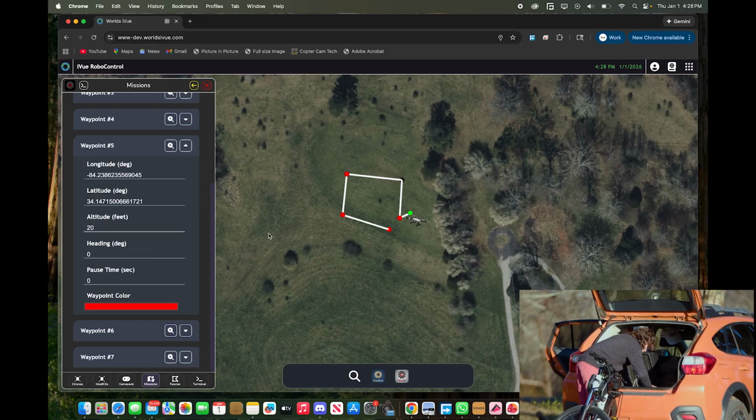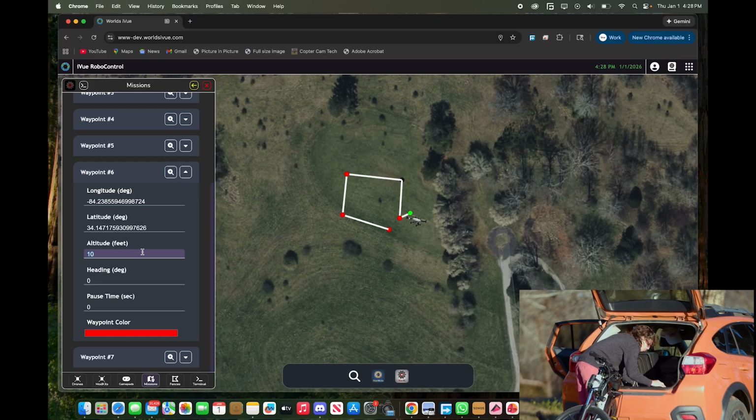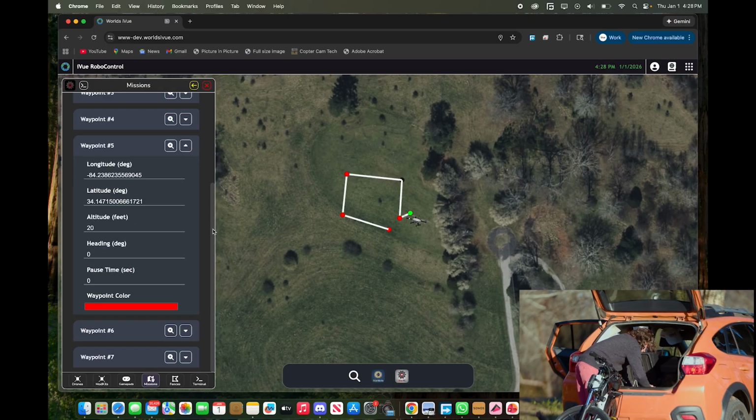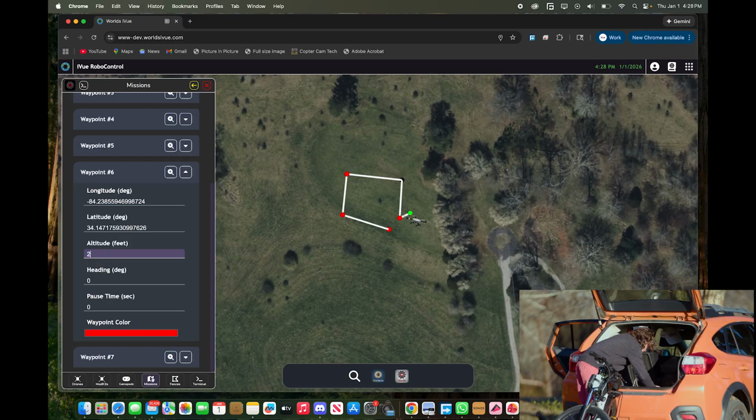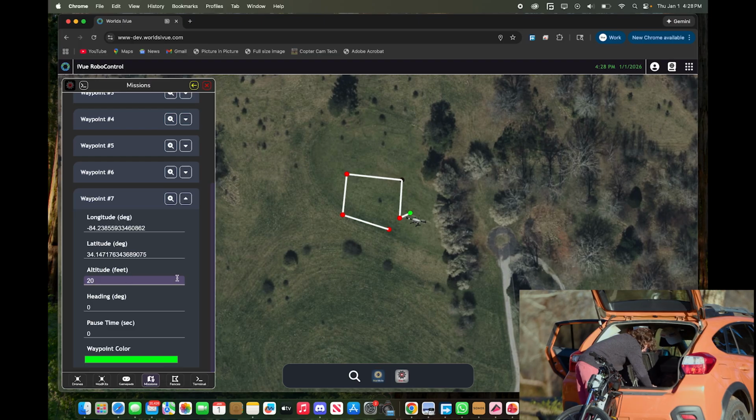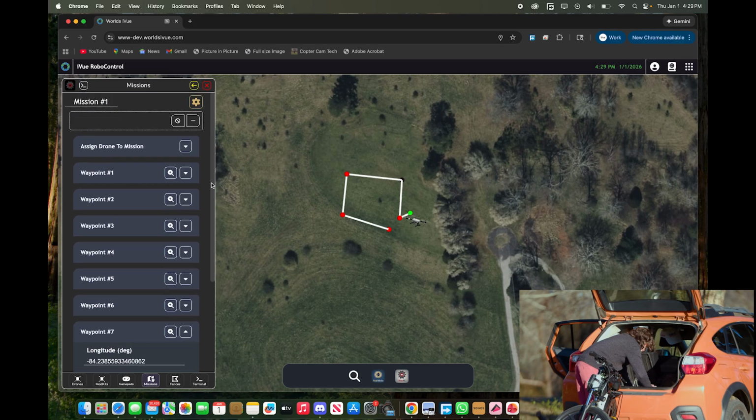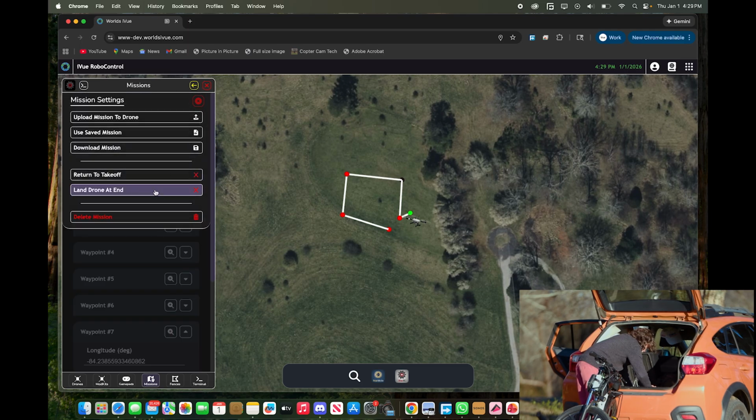We'll bring it back down to 20, see if it noticeably loses altitude, or if it gains altitude, which could be another glitch or bug that we experience. And waypoint 6 is actually hidden underneath that green waypoint, but let's match waypoint 5 at 20 feet. And then waypoint 7, we're also going to mark at 20 feet. However, now using this settings option, land drone at end, upload mission,